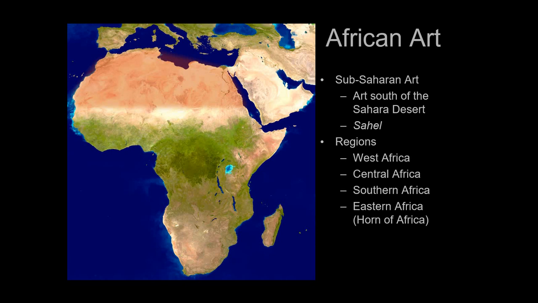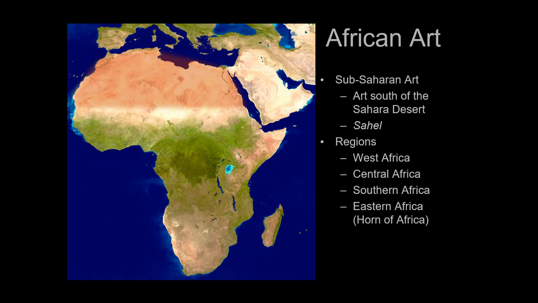Now, that doesn't mean by any way that these two cultures are completely separate, because there are caravan routes all over the Sahara Desert. There is the Nile River, which is a major trade route down, and you will see cross-pollination between North African cultures and Sub-Saharan African cultures. But generally, just for the purposes of organization, we consider them separately.